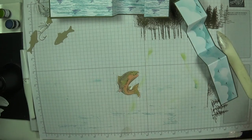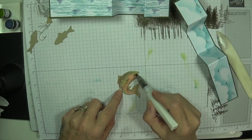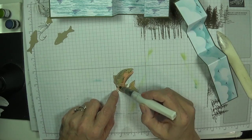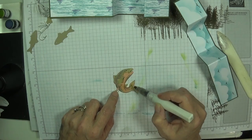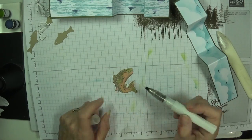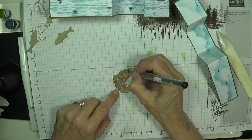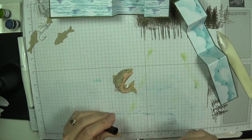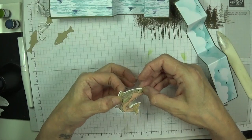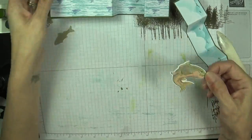Beautiful. And Wink of Stella, of course, because he's just come out the water and he should be sparkling. Perfect. I've got my journaling pen and I'm just going to darken his eye. Beautiful. Isn't that cute? Pop his little fin out now. Isn't that beautiful? Isn't he cute? And he's going to get...